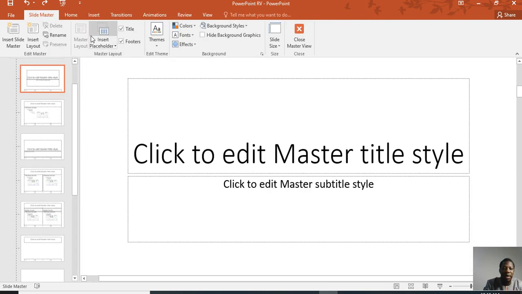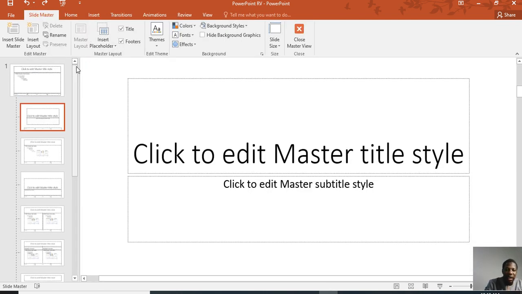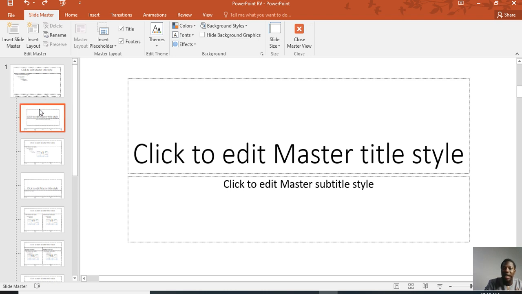So if we go into the master slide, we can see that our box is already highlighting the title slide. As you can see here, click to edit master title slide, click to edit master subtitle slide. So whatever you apply to this master subtitle slide will only apply to our title slide in our normal presentation. For example,